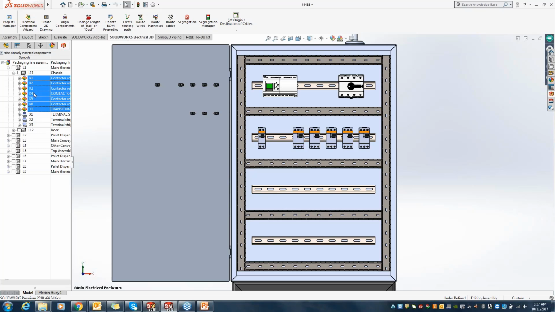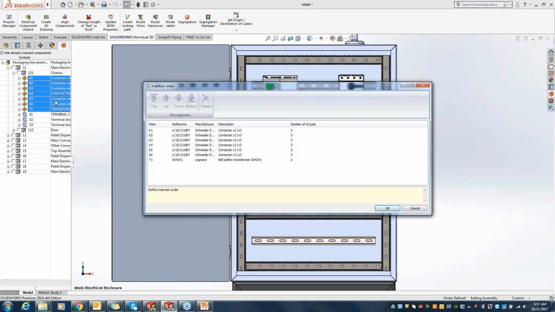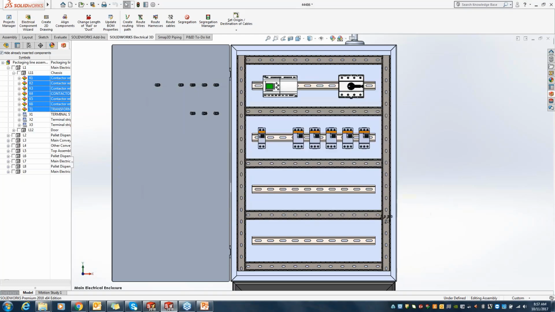I'll multi-select them, insert all, so I get the list saying this is the order you are inserting them in. I don't want this order. Let's change it to like that, T1 in between the 6 contactors, and I select OK. Now I get one of the first contactors, which is K1, and this is the 3D model associated to it. Moving the contactor already over the rail, if you see, they get attached there. If it's not on the rail, the connector goes haywire. Just put it on the rail, click on it,